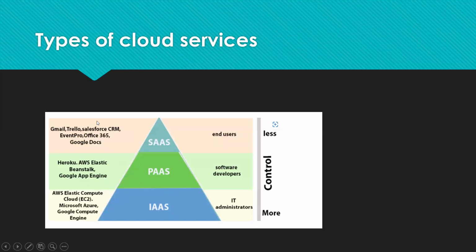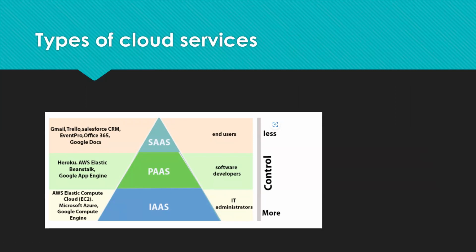Okay, this is a schematic way to represent types of cloud services. We can see here more to less. It decreases from more to less. You can see the flexibility is more in infrastructure services, and here it is in a controlled manner, and it is less in this. Okay, here in infrastructure services, we have IT administrators,